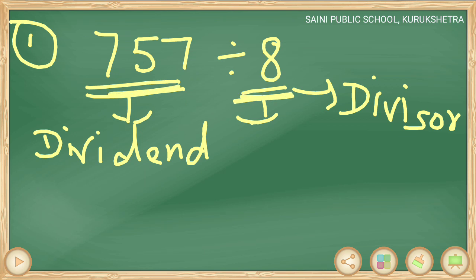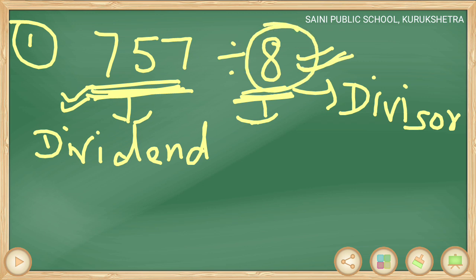Now how will we do this? If the number is a 3-digit number, as this is, then we will round off the dividend to the nearest 10. And if this is a 1-digit number, then we will round off this also to the nearest 10. How will we do this? For rounding off to the nearest 10, first of all we will see the number at the tens place, because we want to round off the tens place. So at the tens place here is 5.